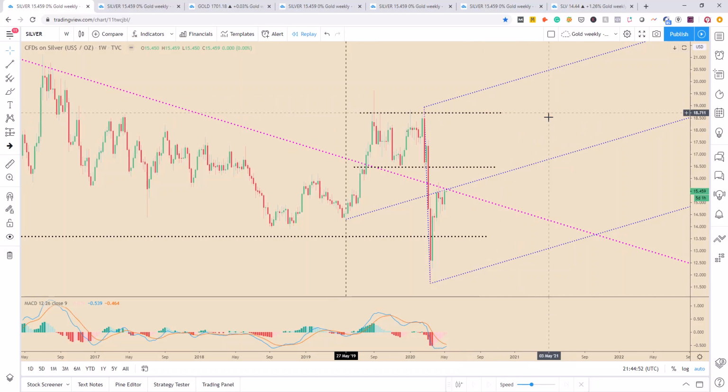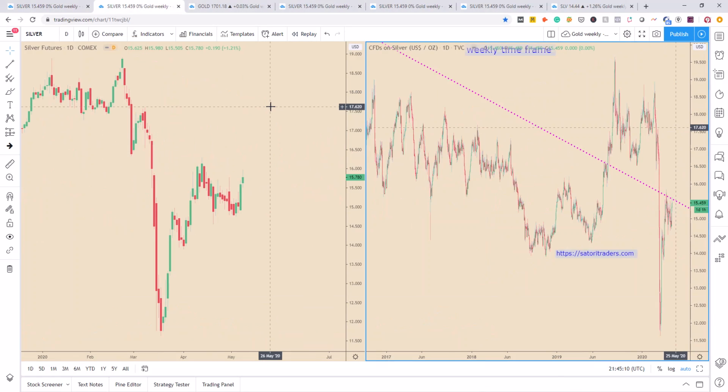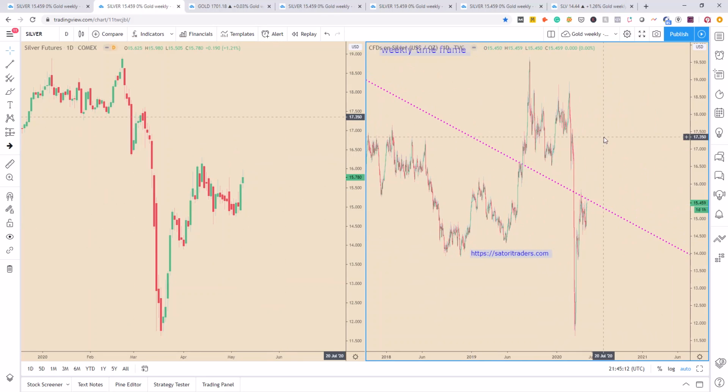resistance level. So anyway, I wanted to make that point. Once we get through this current resistance, silver's not got a lot of overhead to deal with. Now the next thing I want to look at, this same phenomena is going on in